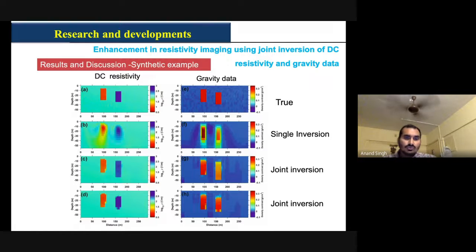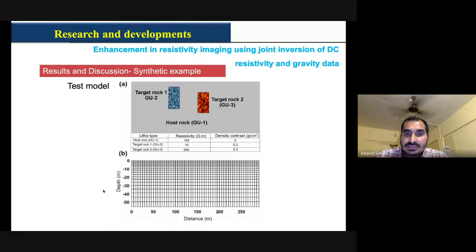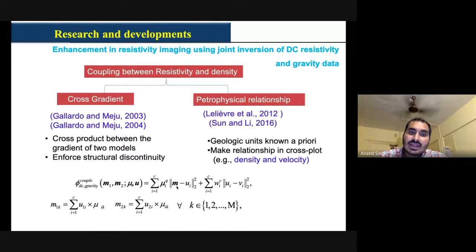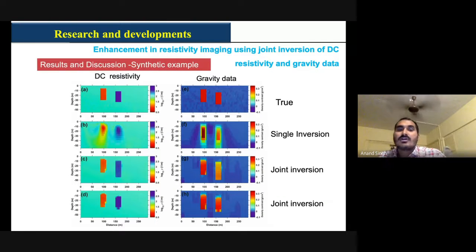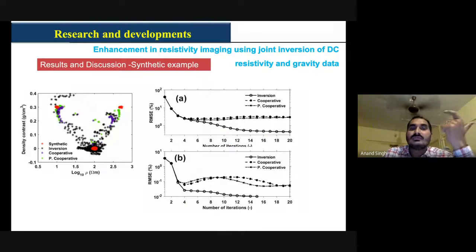So these are the two important things where we are inputting values. In one, we have just assumed that the number of clusters is known to us. In the second case, this value is also known to us. So these two parameters we played with, and our results got totally improved. So this is the result on a synthetic model. Let us go to the field data set where we are going to use it.